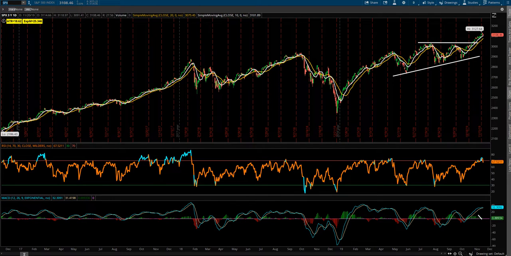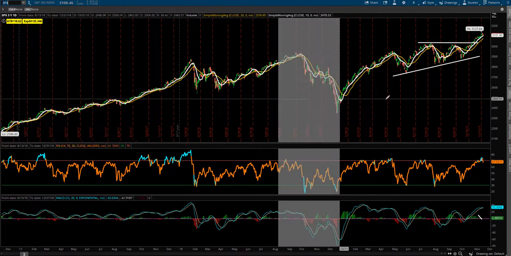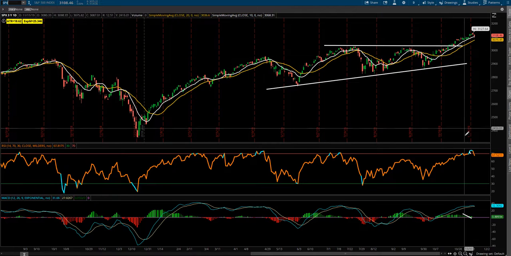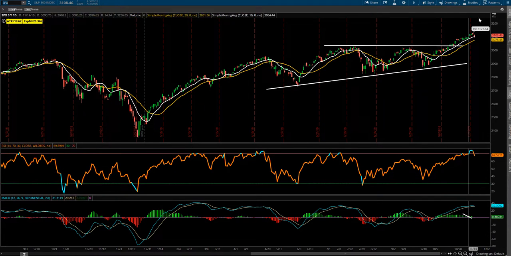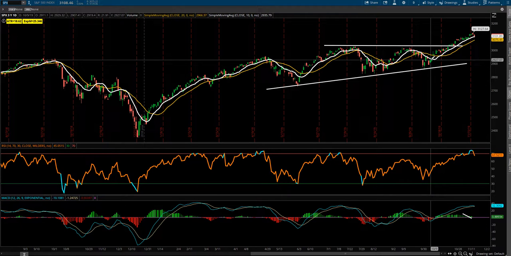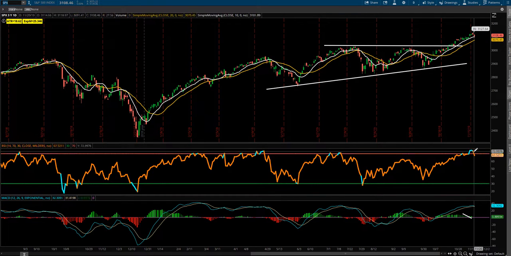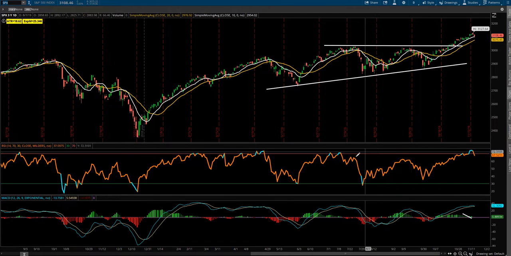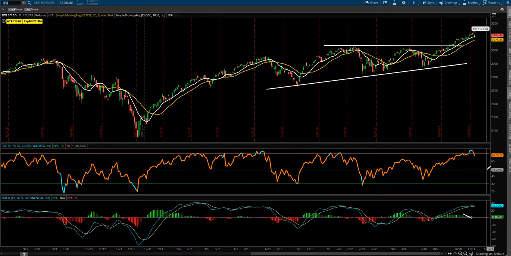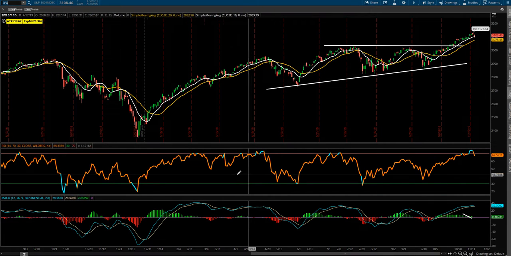The S&P 500 has made a series of continual new all-time highs here over the last few weeks. However, yesterday we started to see that first crack, so to speak, as we dipped below the 10-day moving average for the first time since October 9th. RSI also broke below that 70 zone. And that is one of the things that we pay attention to: a move above 70 and then that move back below 70. A lot of times that is where negative things can happen from.